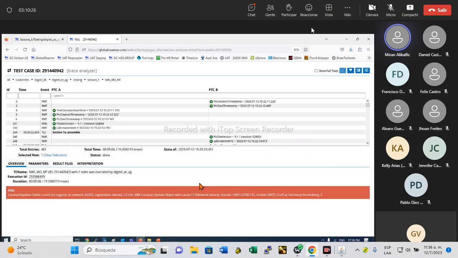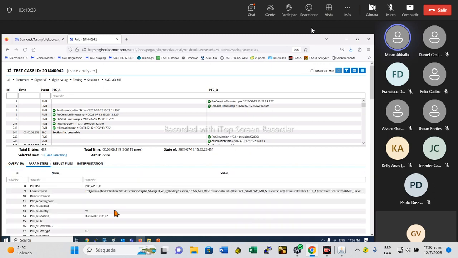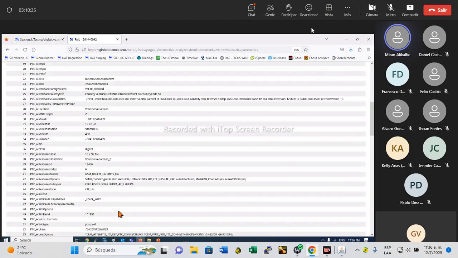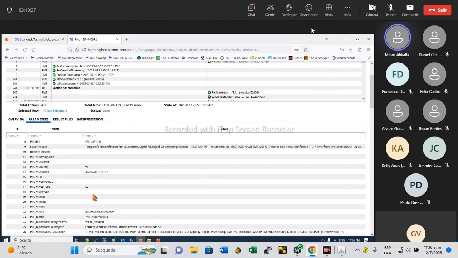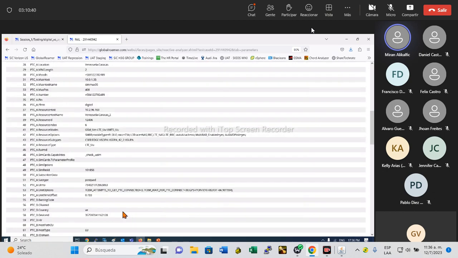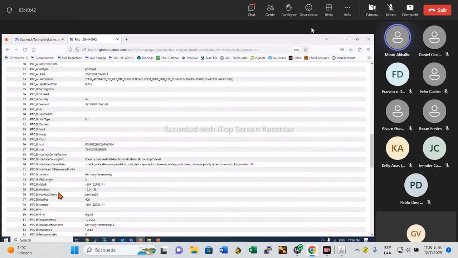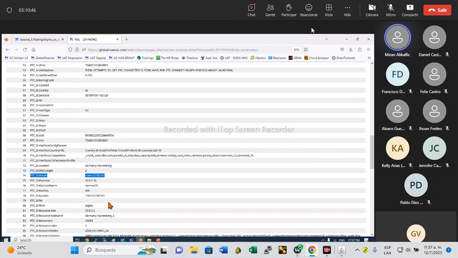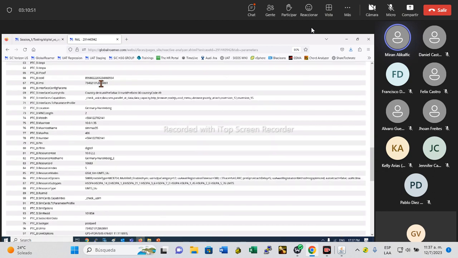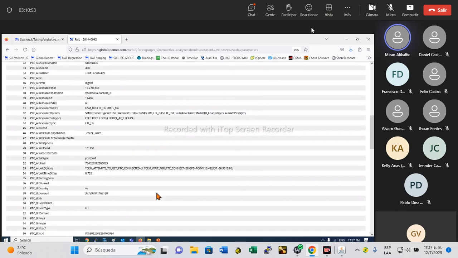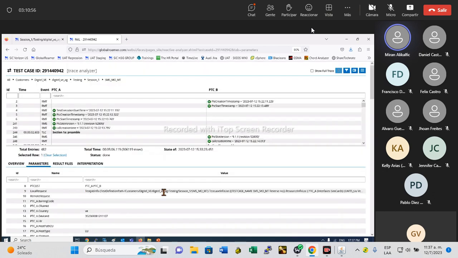Okay, now for the trace. We see in the overview the same status info. In the parameters, we see what parameters were used to run this case. So if you want to look for the number that was used, in our case it was a B number, so here is the MSISDN, and here should be the IMSI also. If you want to quickly use this information to report it to your colleagues, but this can also be found